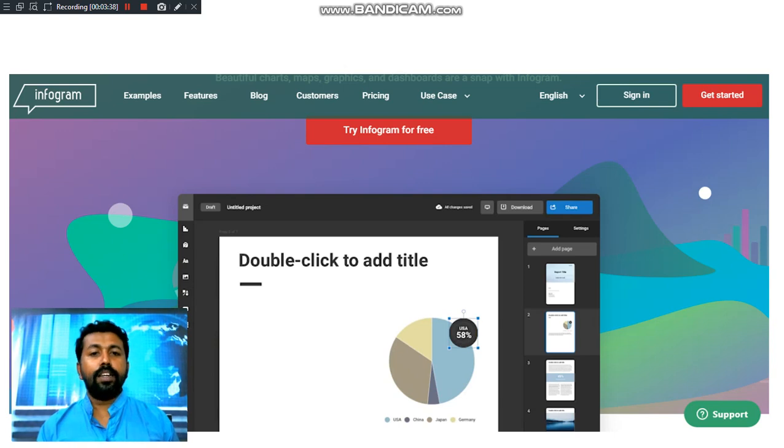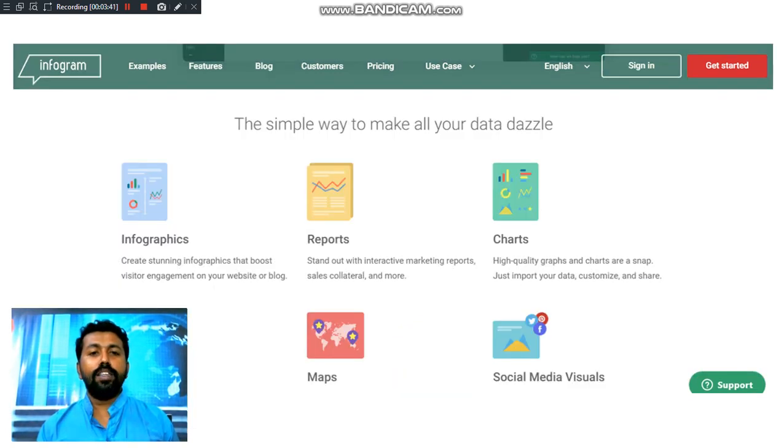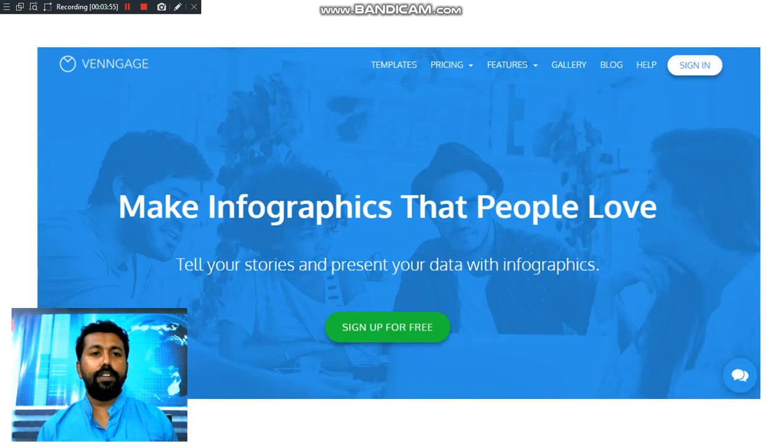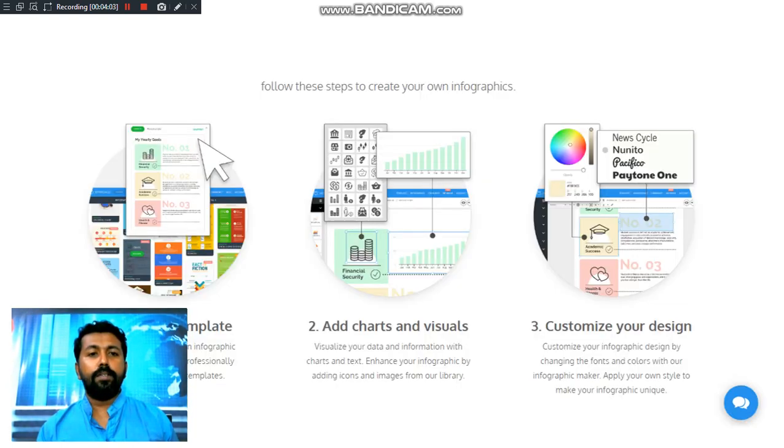You can easily edit all the infographics, and create infographics, reports, charts, maps, social media visuals; all can be easily created through these types of websites. So Infogram, third one. Then Venngage, another one is Venngage. Remember the names. It is also free.